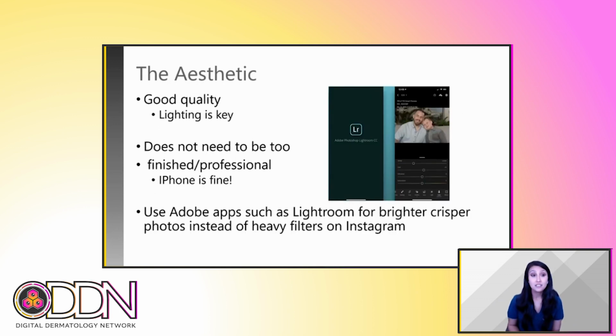The aesthetic, you don't really need a really good camera. Most of my photos actually are taken by an iPhone, just in really good lighting, which you need the lighting behind the camera. And that's really just the most important thing. iPhone, and my husband is like my Instagram husband. He takes most of my photos, and those actually do better than the ones taken by a photographer. And so that's really important to keep in mind. People just like rawness, you know, in your practice. And so that's one thing that I really recommend. You don't need to spend so much money on a photographer to take your photos.